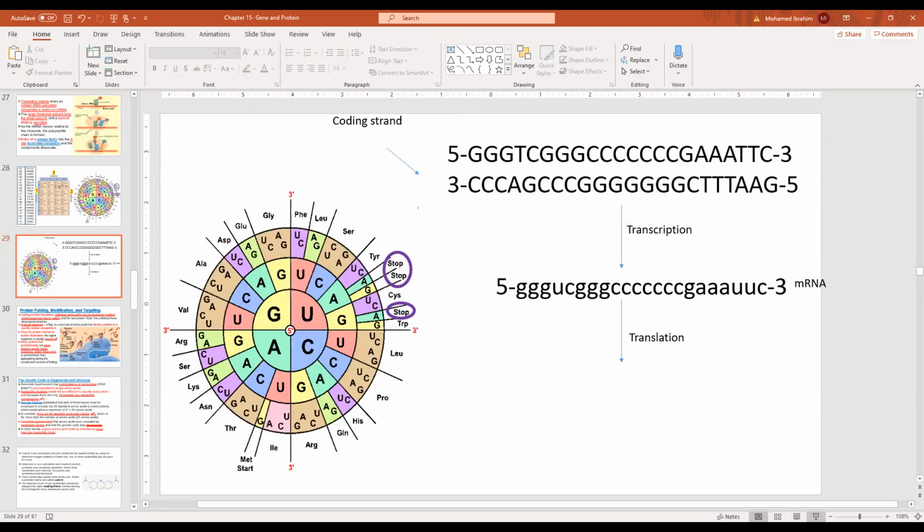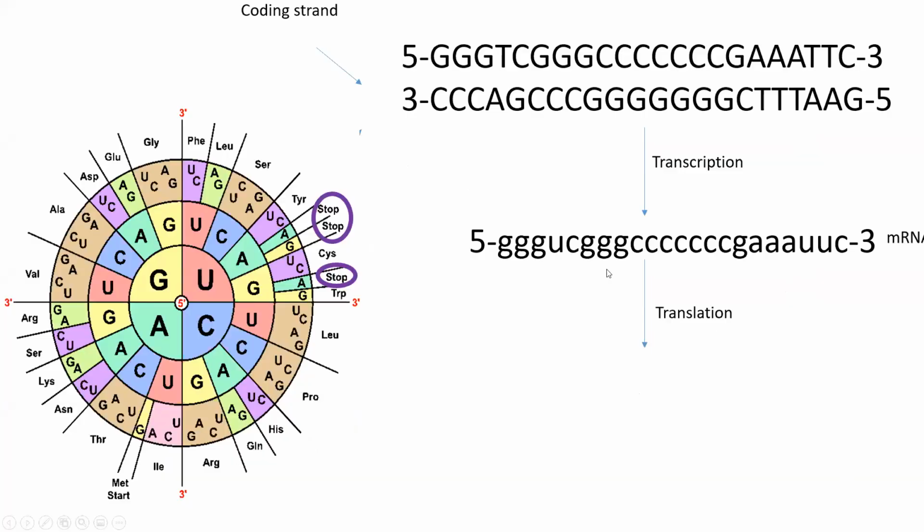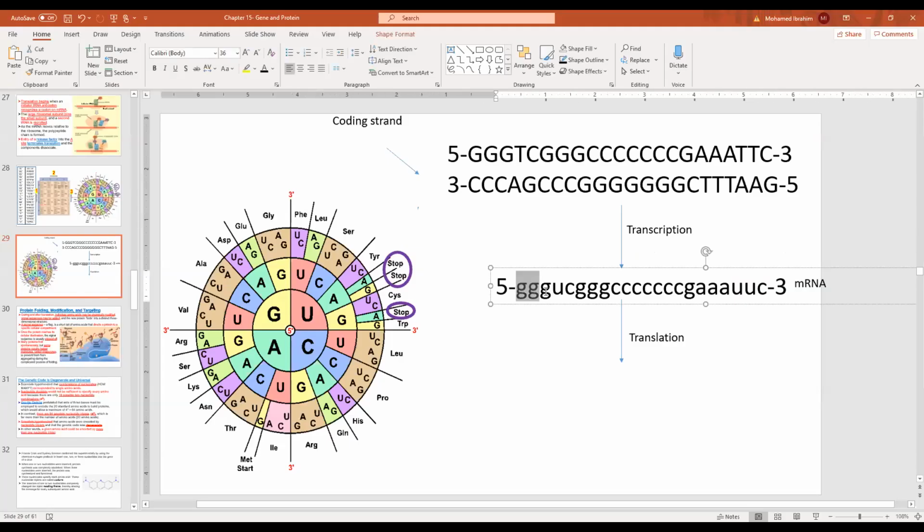Okay, so look at this. You have a piece of messenger RNA, and now you need to transform it and make proteins coming out of this. So to make your life easy, you take every 3 nucleotides and see the corresponding amino acid. This is the first 3 nucleotides here, 3 Gs. Now I need to see what kind of amino acid will come from these 3 Gs.